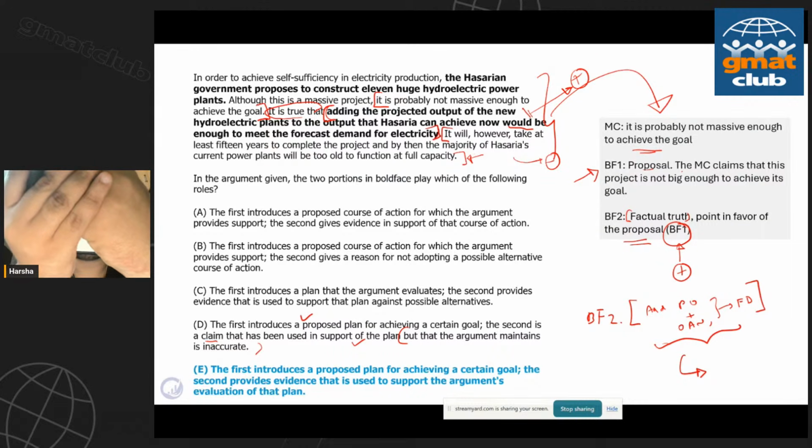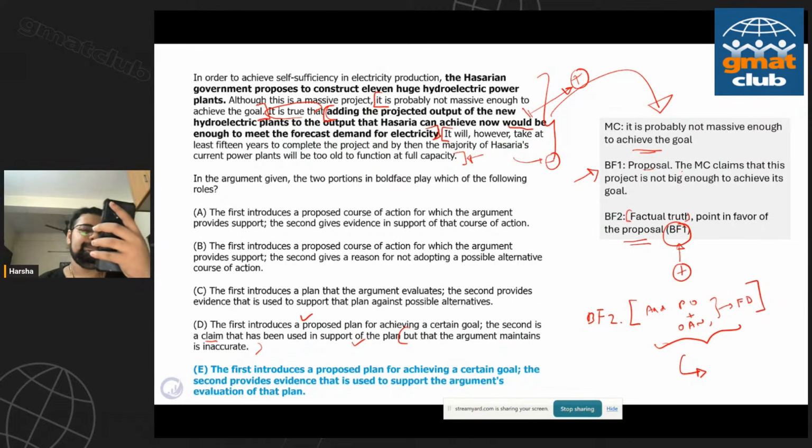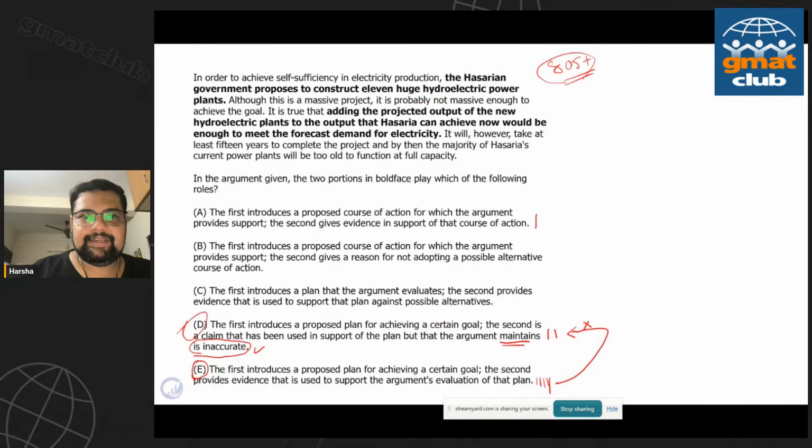Are you guys seeing it? Juan, okay. What about Aditya? Are you seeing it? There is absolutely no doubt that this statement, it's okay. So they are anticipating projected output to be 100, and if the current output that's achievable now is 200, it will meet the forecast demand, which is 300. Nobody is denying this.